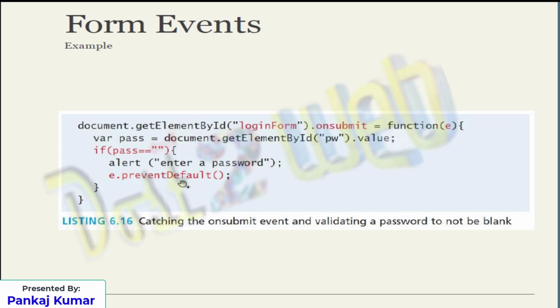What does it mean? That means some of the websites, what they will do, if you submit the button, if anything is not there, that means you have missed to enter anything, automatically the page will get refreshed. So again you have to fill the entire form. To avoid this, okay, only the highlighted field, that means the button, it should go there, you have to enter and submit. So that's why we are preventing the default functionality.